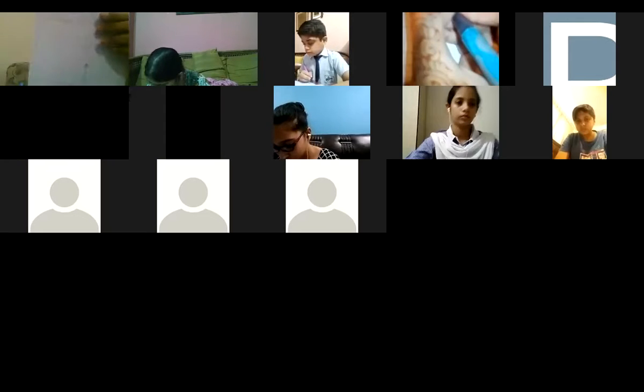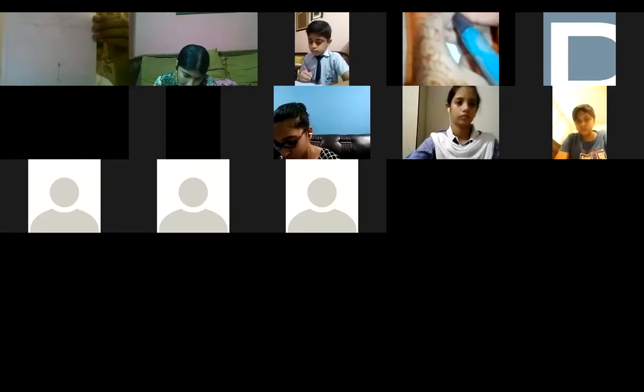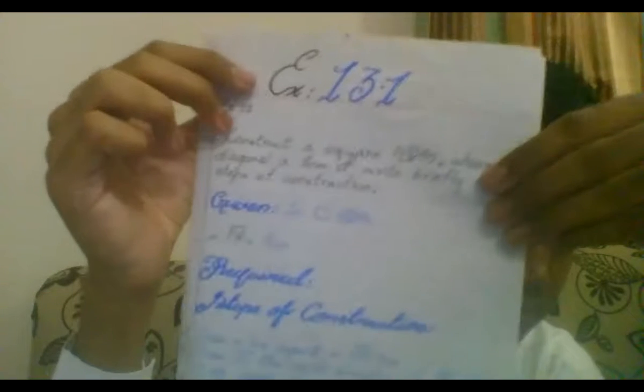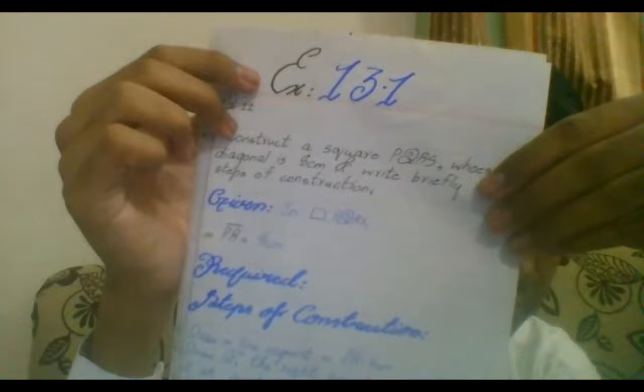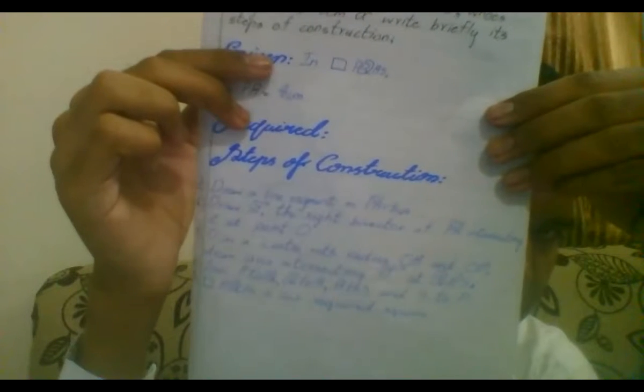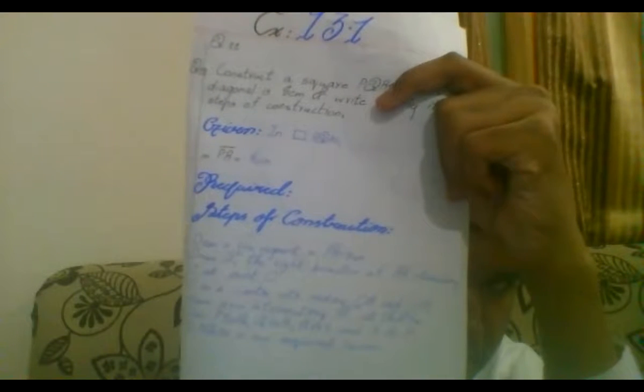Yes, here is the first copy. Here Sheroz is showing us the first copy right now. Okay, so we get here what is given. Let me check the given: PQRS, PR, excellent. That is what I want to check. In this question it's not mentioned which diagonal is given. In question number 11 it's not mentioned that PR is given, but it's understood that the opposite vertices are P and R, right? So 8 centimeter is there. Now first show me the construction. Sheroz, first show me the construction.